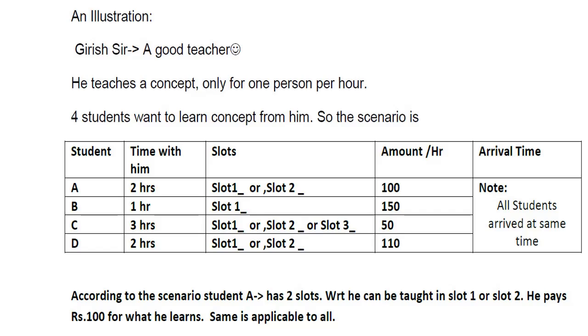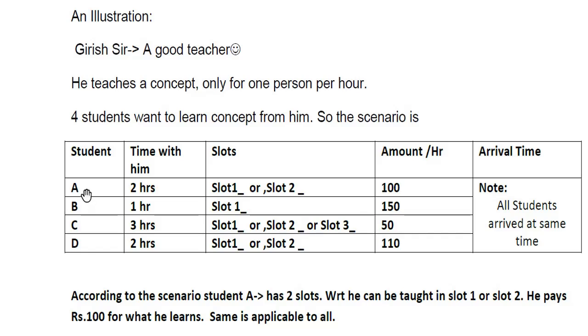I'm a very good teacher, and I can teach a concept for 1 hour. So I want to teach. If there are 4 students waiting for me to learn the concept, here is the scenario. For example, there are 4 students named A, B, C, D, and each one of them has their own time